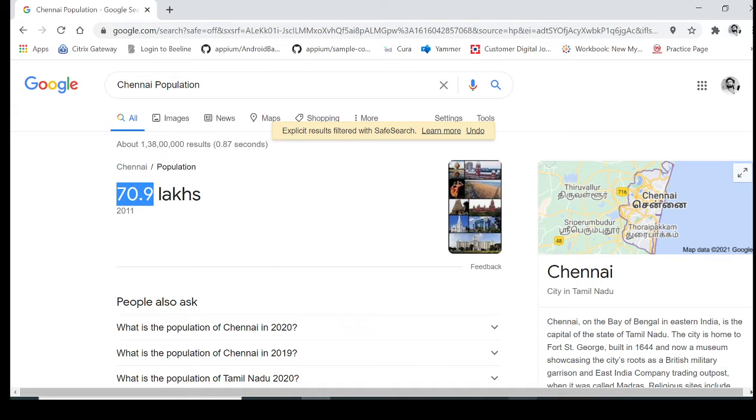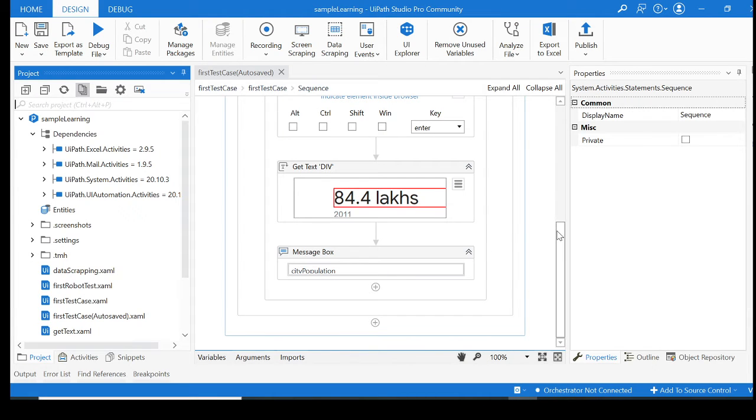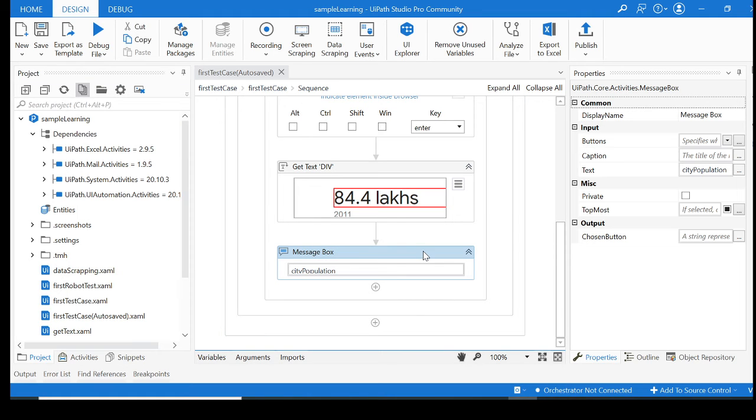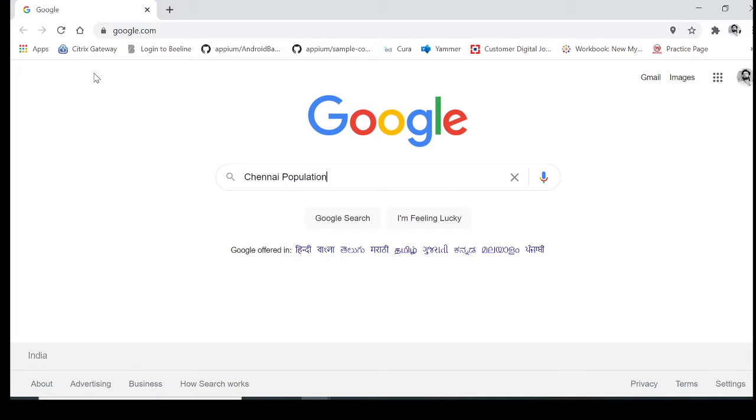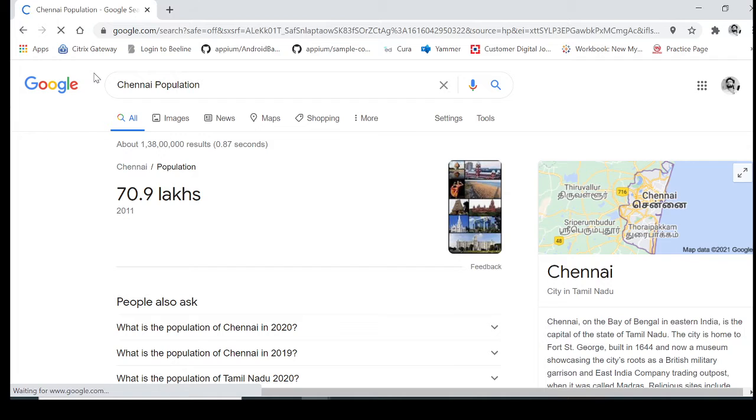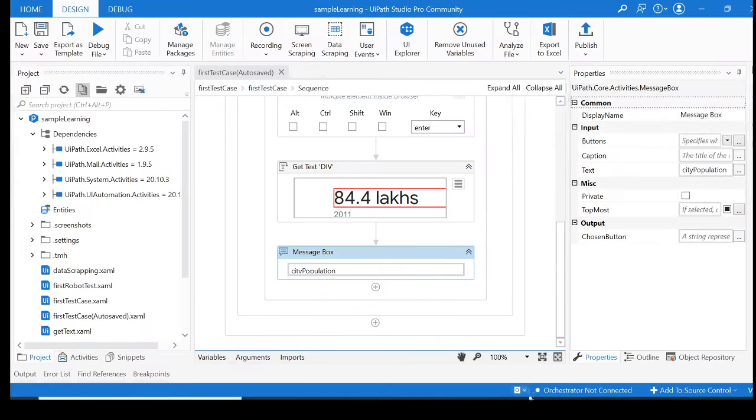So for that, let's delete this message box. I'll run it again so that we have a revision of where it was successfully completed and from where we need to start again. The population has been searched, it has come here, and now it is going to show the message box. Suppose we compare that the population should be less than 100 lakhs, that means a crore. We're going to compare with 70.9, or any city's population should be lesser than that. For that, lakhs won't work. You need only 70.9.